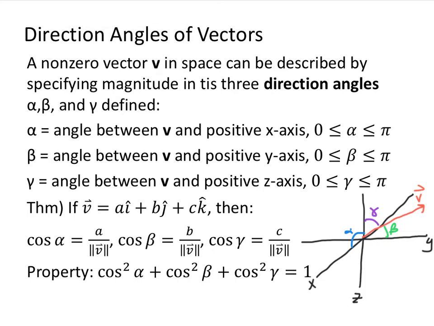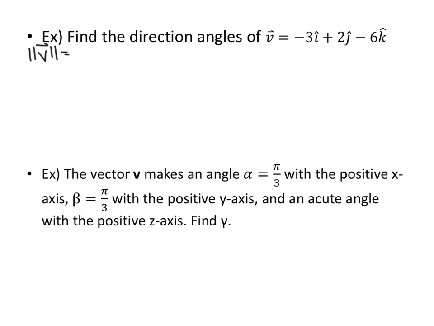It has a property that the cosine squared of alpha plus the cosine squared of beta plus the cosine squared of gamma is equal to 1. So if you're given two of the angles, let's say alpha and beta, you can then find gamma using this property. So if we're given v to be negative 3i hat plus 2j hat minus 6k hat, and